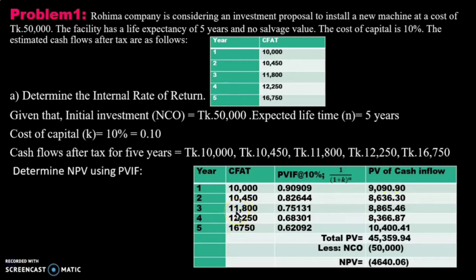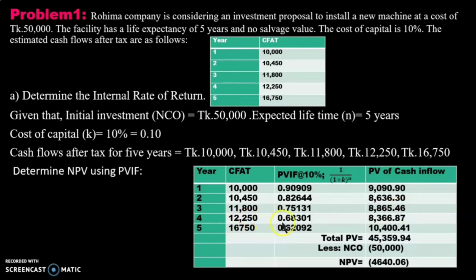And third year, 11,800 into 0.75131, then we will get the value 8,800 and 65.46. And fourth year